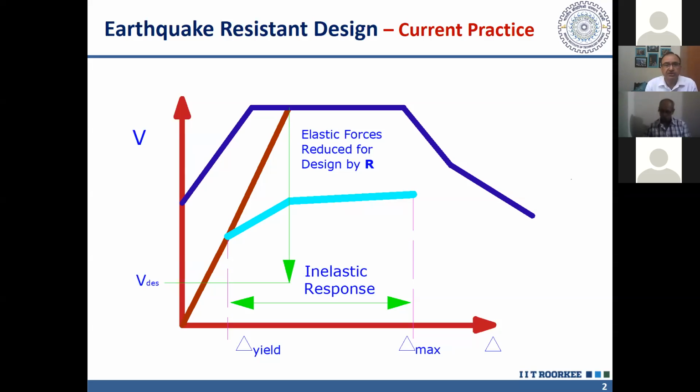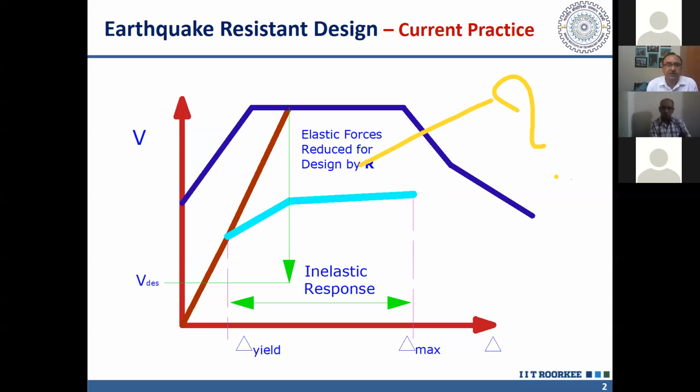So when we design for earthquake, we never design for the actual force. So I will explain what I mean by actual force. When we are designing for gravity or for wind, we are always having a factor of safety. And in case of earthquake, there is no factor of safety. In fact, what capacity we are designing for is less than the actual force which will come on an elastic